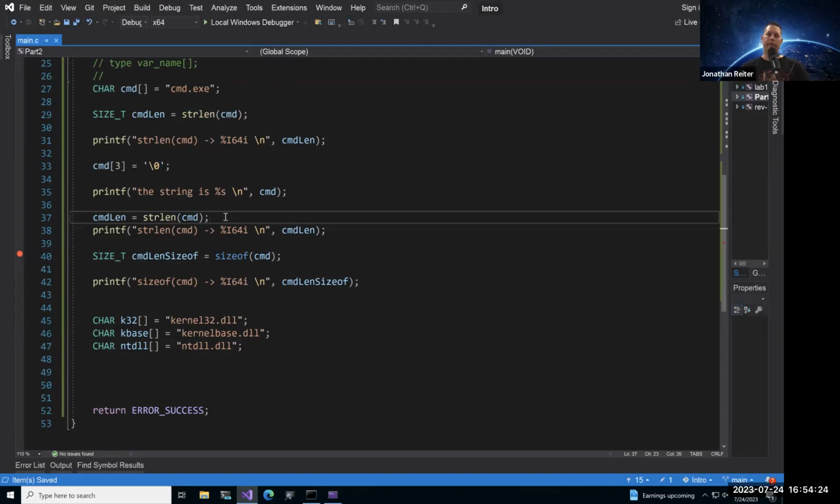Okay, so sizeof is not a string-based operation. Strlen will keep on going until it hits that null byte. Once it hits that null byte, boom, break out of the loop, done. Sizeof, though, doesn't care about those null bytes whatsoever. It's only going to be returning the size of a particular data type or the size of the type for that variable. So the variable we had was a char array for command. So hopefully that helped a little bit.